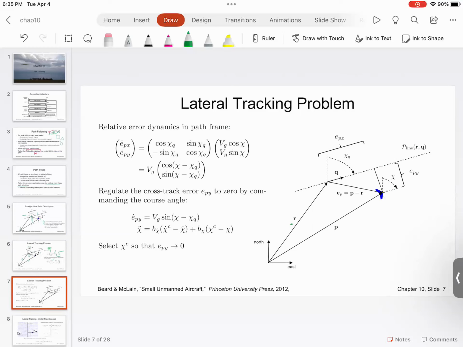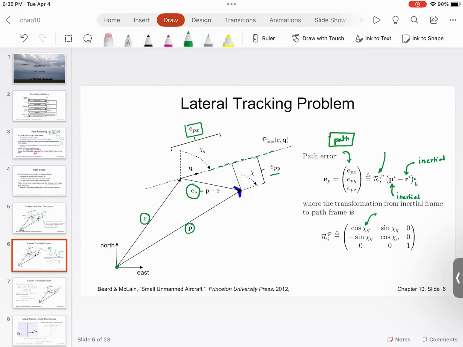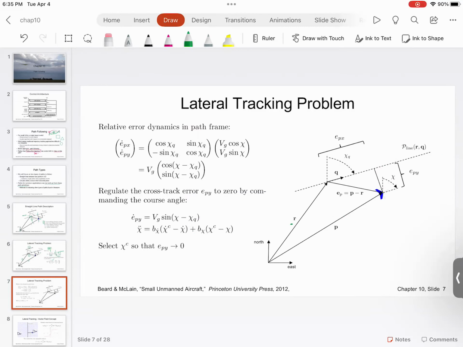So what I have here is this, and I'm going to assume that EPZ is 0. So I have this component of ground speed, and that relates to E dot Px and